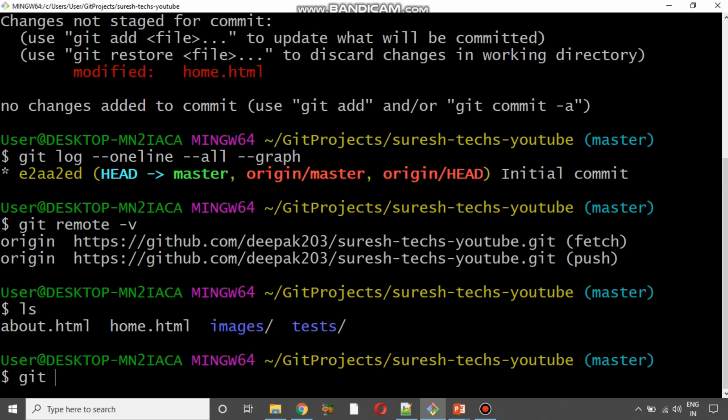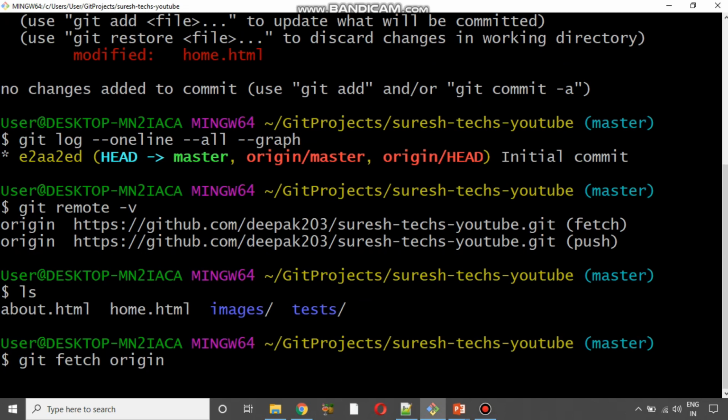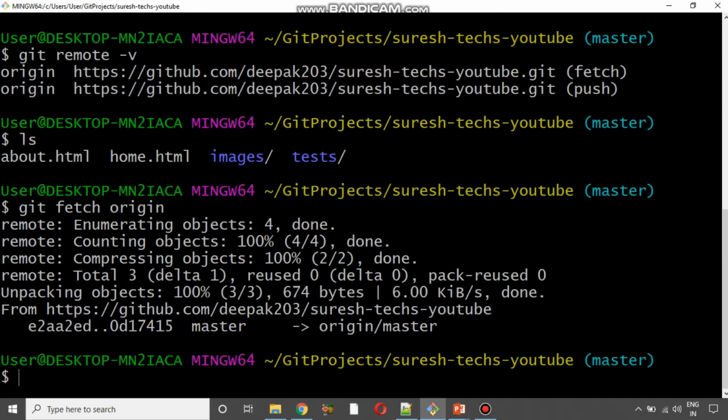Now let me run git fetch. You'll need to say git fetch followed by the remote server name, which is origin, if you remember. So I'm going to say git fetch origin. Now it will try to fetch that address.txt file into my local system. It will just fetch. If you look here, unpacking, total, and now I have got those changes into my local system. Now if I open up git log with oneline, all and graph,